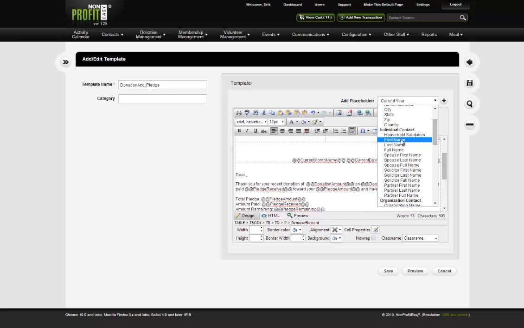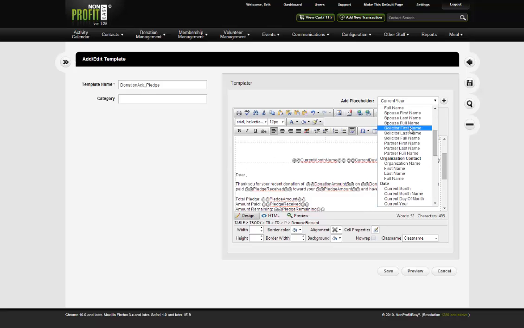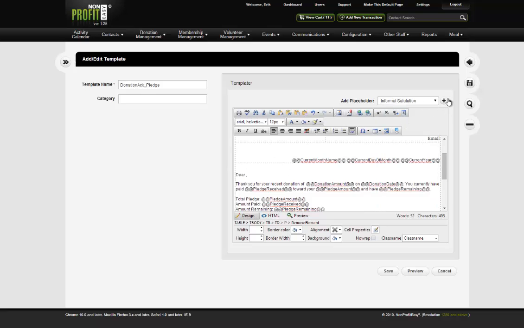So some of these placeholders have a bit of intelligence to them. If you use first name or full name, they will actually fill in all the donors involved in that letter, as opposed to salutation, which would just give you the primary donors. So you get to kind of choose how you want to use them. If you always merge households or just like to address the household in general, then just use household salutation. So anyway, in this case, let's go ahead and use informal salutation. Go ahead and add that. And then we have more